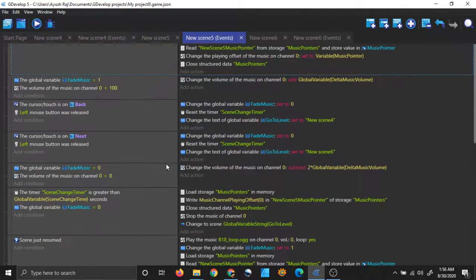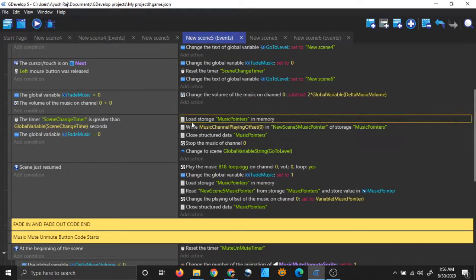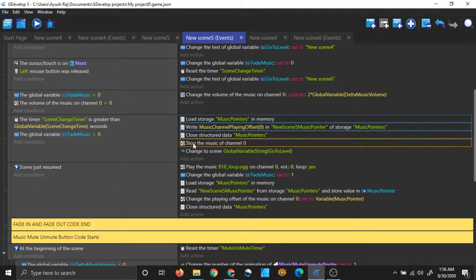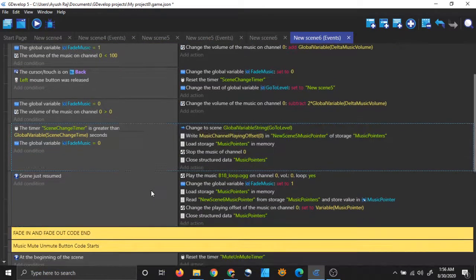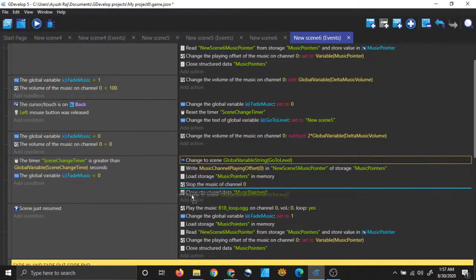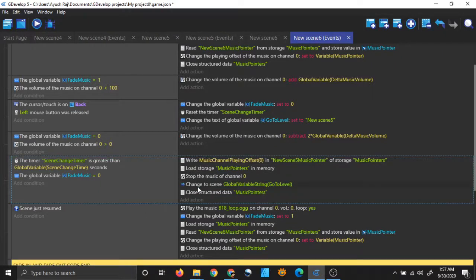Now again one more code here. Just copy this. This is the scene. This is the code which precedes the scene change. I copied it now. This is the code to save the file, save the value. This is to load the value, and now I am pasting the code to save the value and put it in proper order.